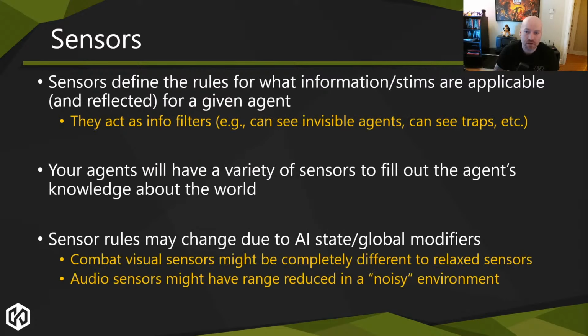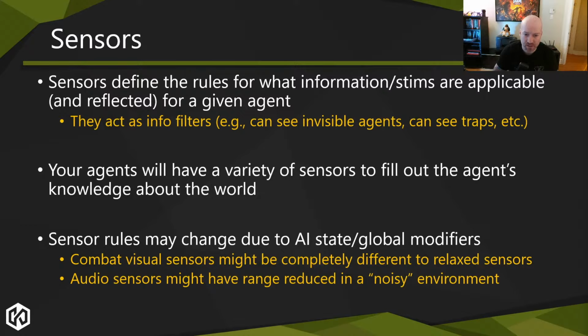So that said, the sensors define the rules for what information makes it into that specific agent. They're acting as filters. So for example, you might have invisible characters in the game, and a specific AI archetype has magic goggles and they can see those specific invisible agents, but nobody else can. So their sensor might have a tick box that says, I can see invisible characters, whereas by default that tick box is set to false and nobody else sees them. So your sensors to some degree can affect what that archetype knows about the world. And this is an area of customization, of being able to provide variability of archetypes, that kind of thing.